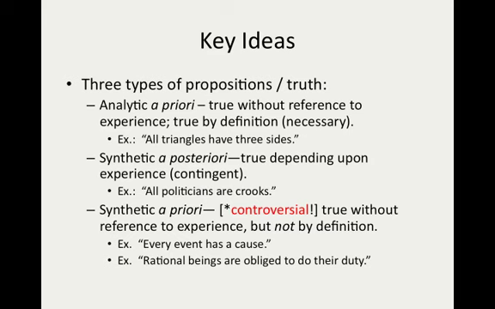I could put those, synthesize those two ideas, and then I have a claim. All politicians are crooks. But in order to know whether it's true, I can't just understand the definition of politician and understand the definition of crooks. I have to go out in the world and check. In fact, for this to be true, I have to check every politician. If there's one exception, then it's not true that all politicians are crooks. Maybe most of them are, or many of them are, or some of them are. But this claims that all politicians are crooks, and I'll never know if that's true unless I go out and examine all the politicians to see.